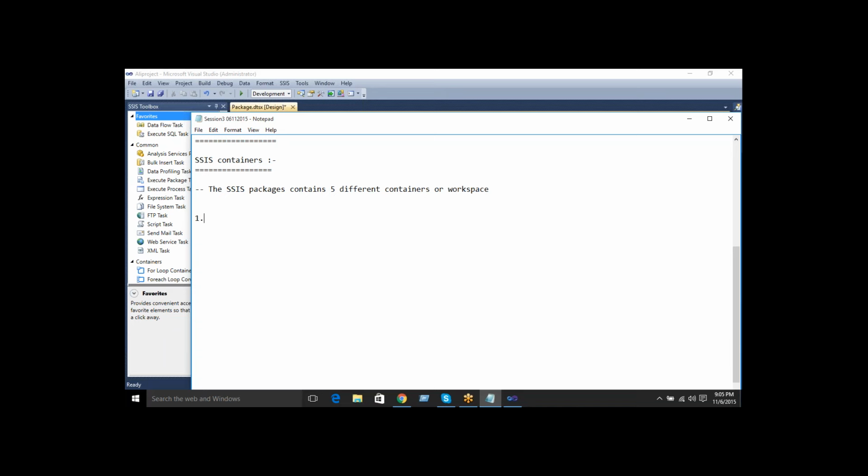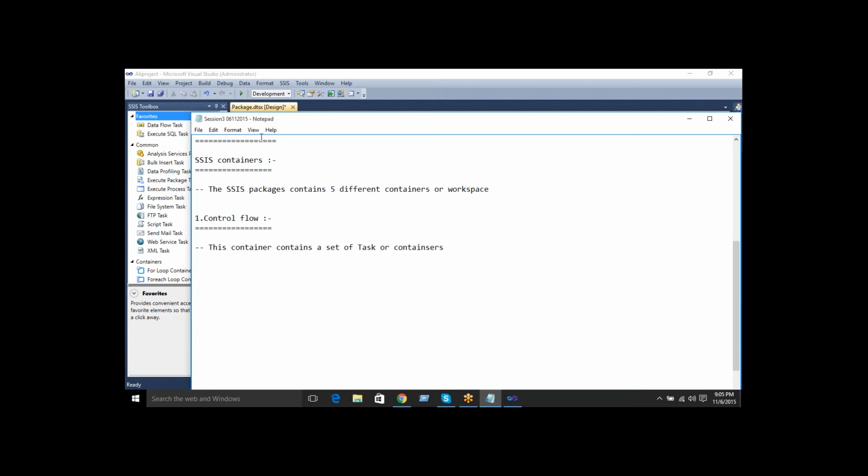Five different containers or workspaces. So what is the control flow? First we'll discuss what the control flow is. This container contains a set of tasks or containers.